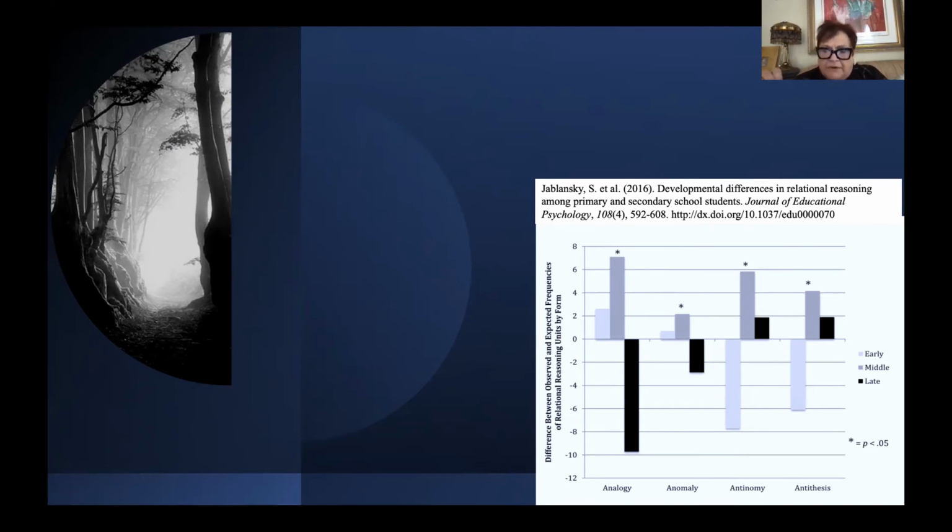What this shows you is that among younger children, and it was from pre-K all the way to 12th grade, the early grades are, I think, pre-K through 2, the middle grades are like 3 to 5, and then the older students. But what you find is that younger students really have to rely, as I said to you before, much more on analogic reasoning and somewhat on